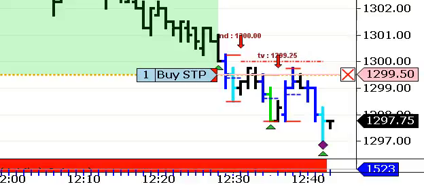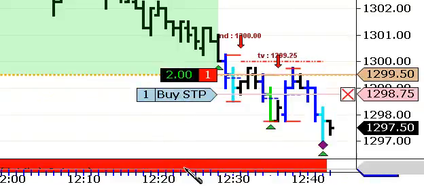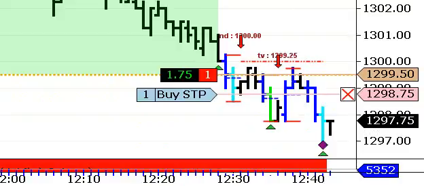There's a light blue, a dark blue, a green, and also a magenta. We don't have a magenta showing on this chart at this time. And so what we will do is when we're in a short position, we will move our stop down to